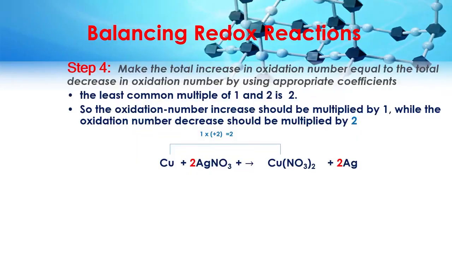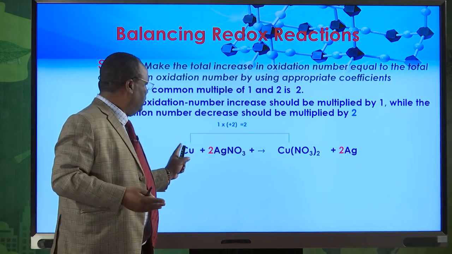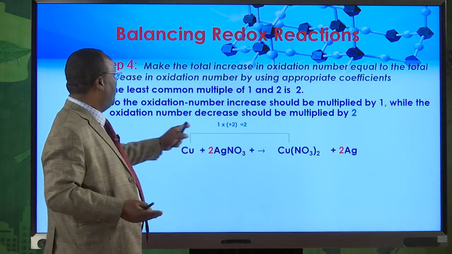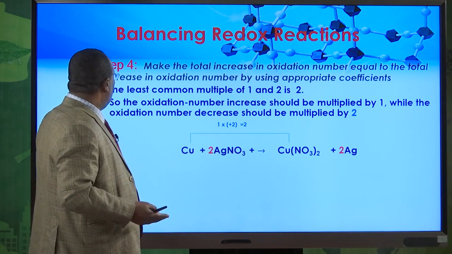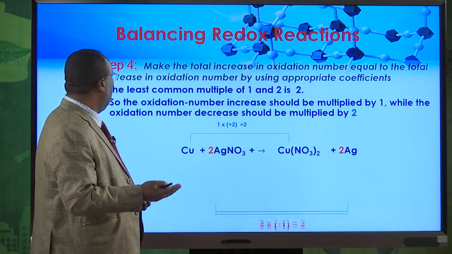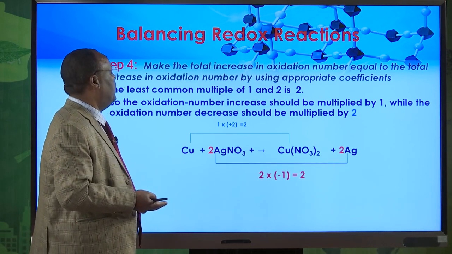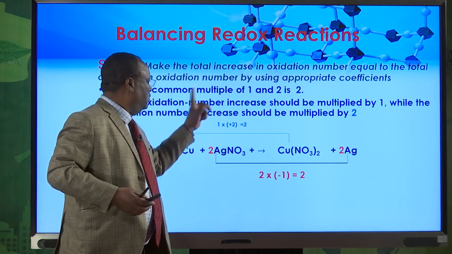Let us see how to balance. The least common multiple of 1 and 2 is 2. Here, the oxidation number of copper is increased from 0 to +2, so we multiply it by 1. The oxidation number increase should be multiplied by 1. The oxidation number decrease should be multiplied by 2. The oxidation number of silver